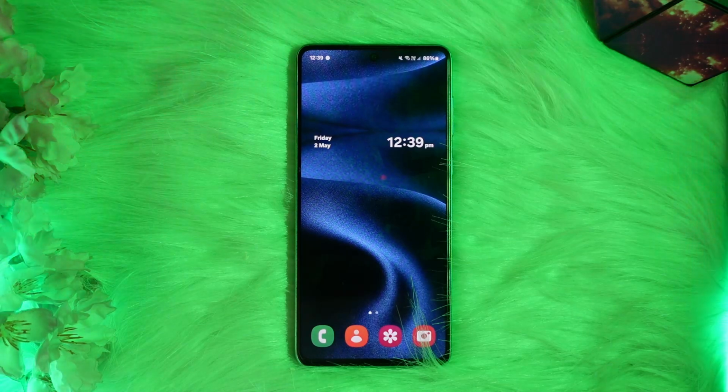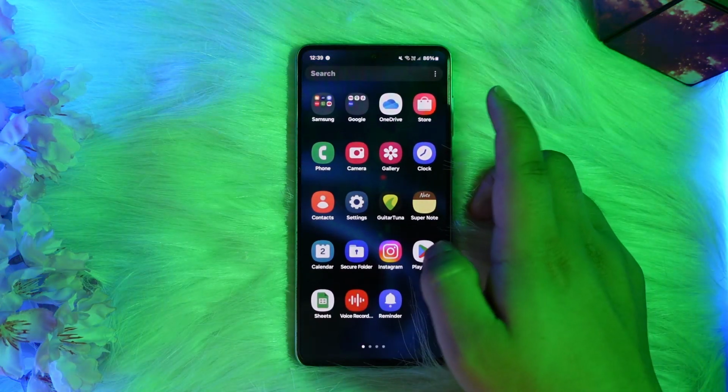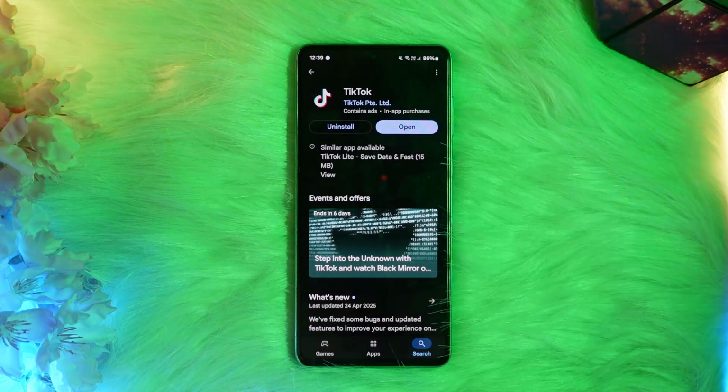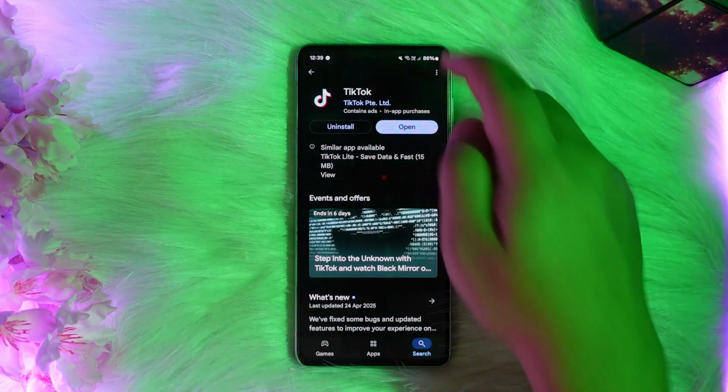First things first, you want to make sure that the app on your device is updated to the latest version. So head over to your Play Store or App Store and look for an update. If the update isn't available or if you have updated it, then the next step is to go ahead and